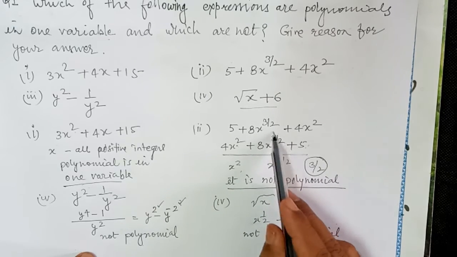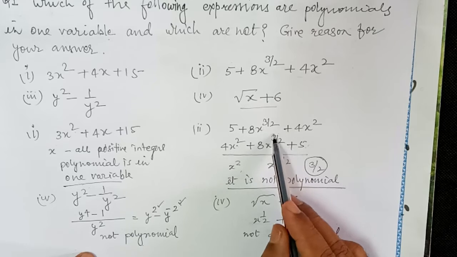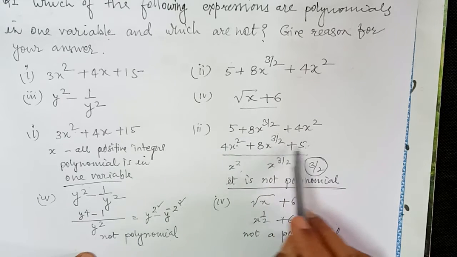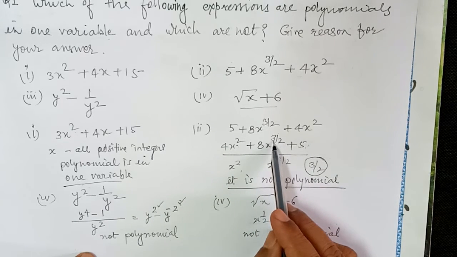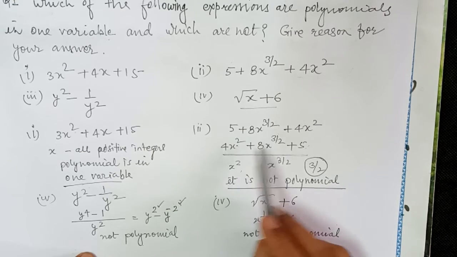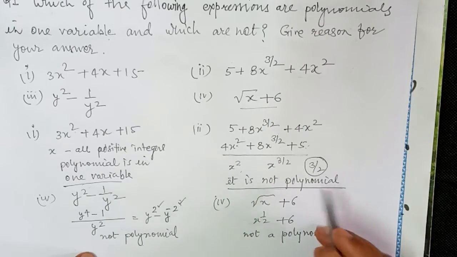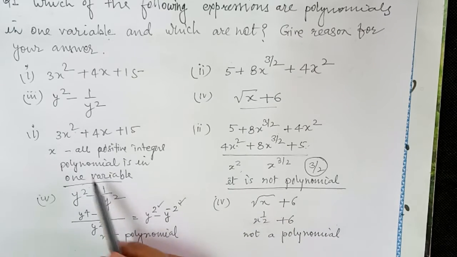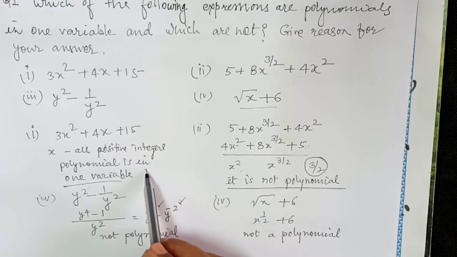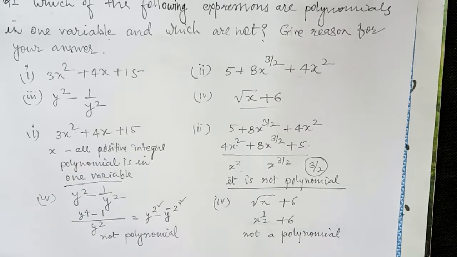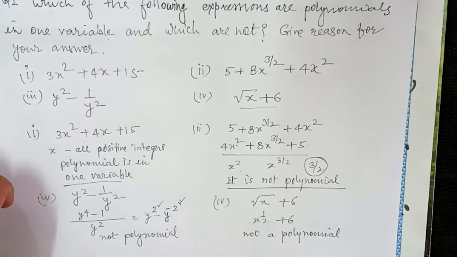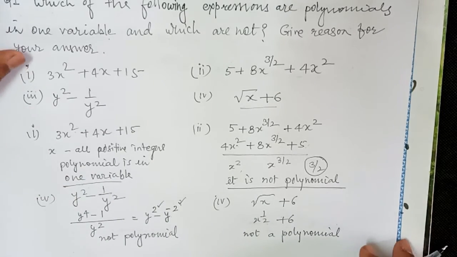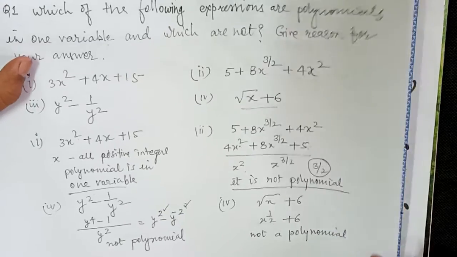Because here what we are having is a power in fraction. Okay, all the powers are positive integers, it is only in positive integers, but it is in p by q form. So only positive integers will define a polynomial in one variable. If you are having one variable, okay, it is having x to the power 1 by 2, it is having negative integers in power, so this is not a polynomial. Now we will move towards the next question.